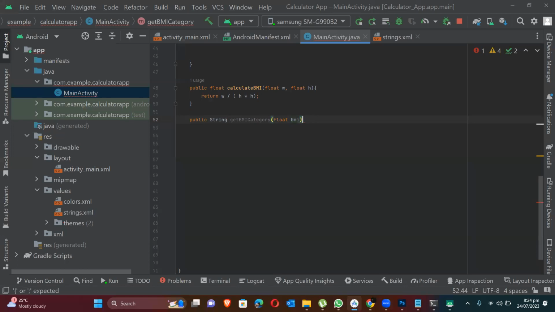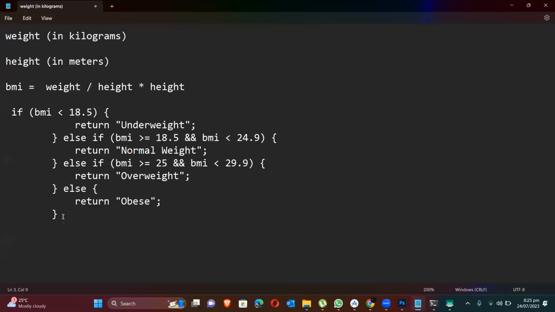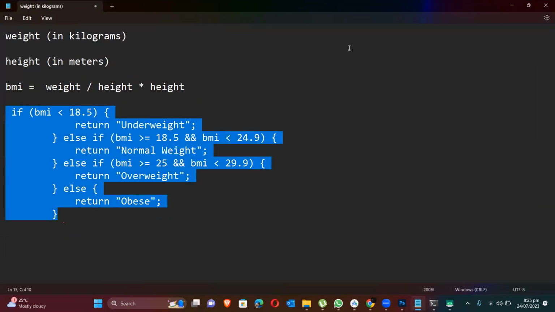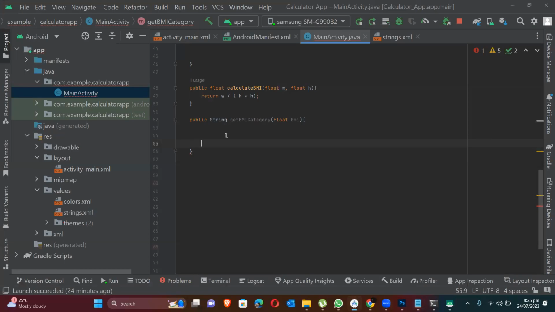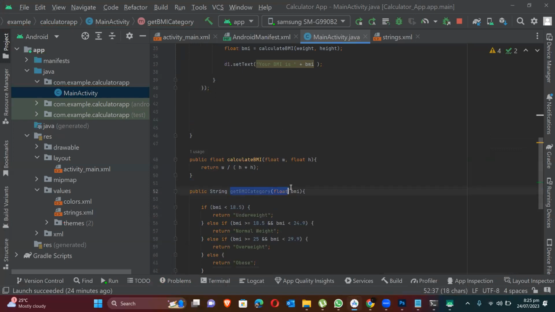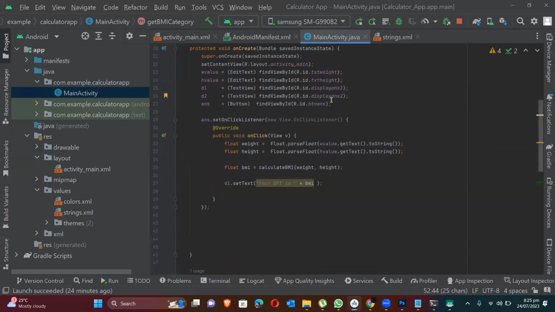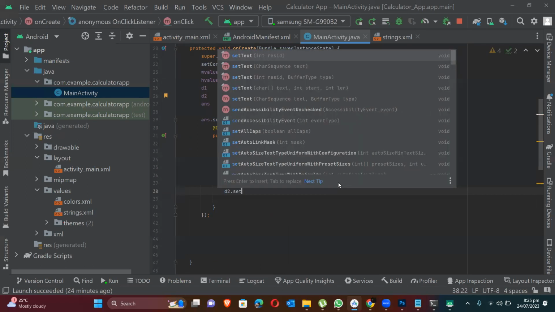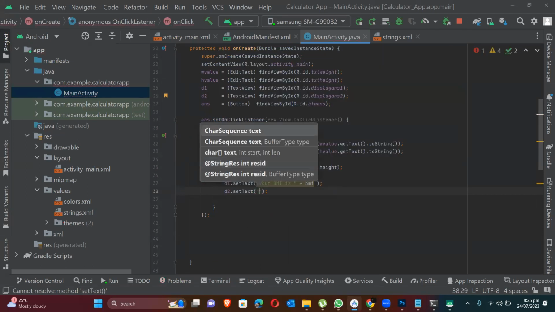Wonderful. And then in here, I'm going to put in the code we did over here, where we said if the BMI falls within a particular range, then it should return a particular value. That said, now I can tell the computer that display2.setText is going to be